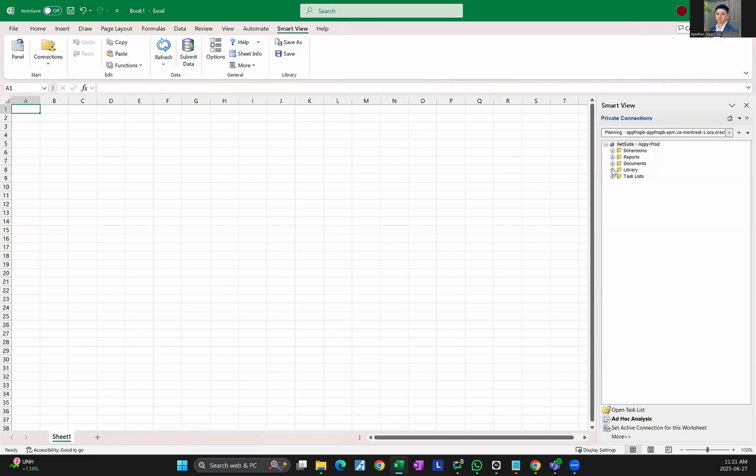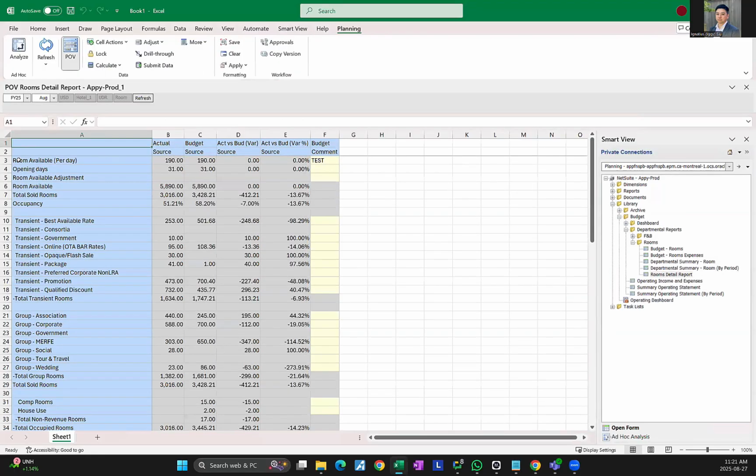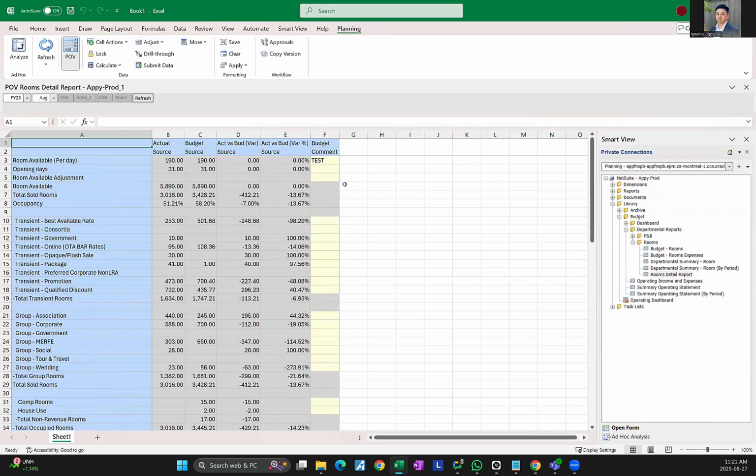Okay, there are a few things that you can achieve from this Excel plugin. First, I can look into that report that I was looking at. For example, if I look back into the reports, let me double click. I can open the report directly in Excel, right? Imagine that you're doing budgeting, then you can just input the data directly in Excel and submit to